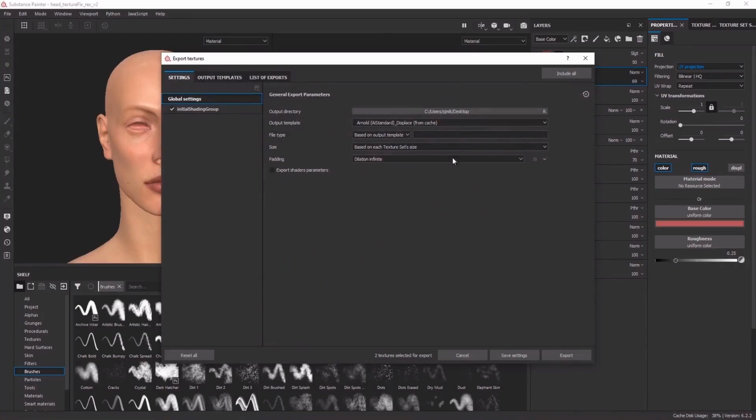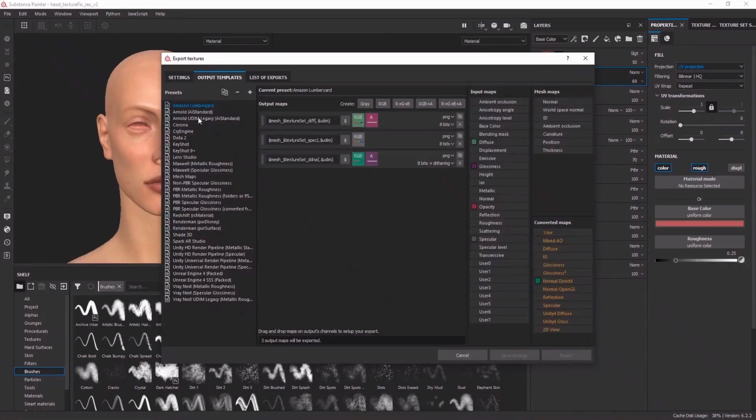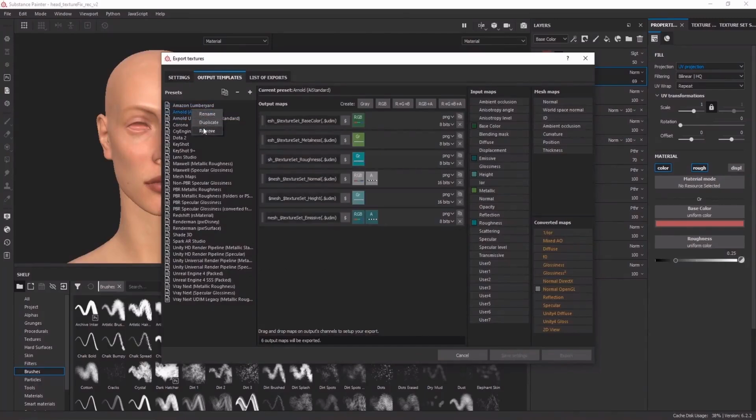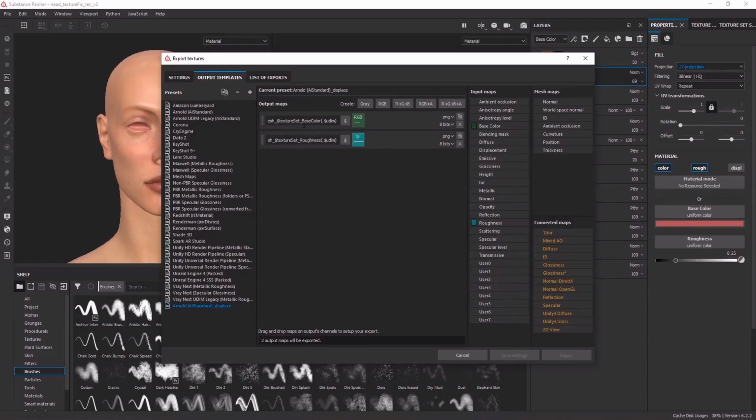And then these are the basic settings. I'm going to create a duplicate from the Arnold AI Standard. So click duplicate and then name this to this, because the basic setting doesn't support displacement. Okay, and then I'm going to delete all the stuff that I don't really need. So no more metalness, just base color and roughness, and then click RGB here, and then click displacement as a gray channel,